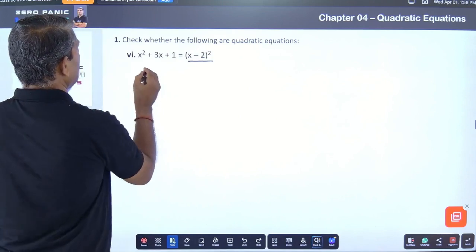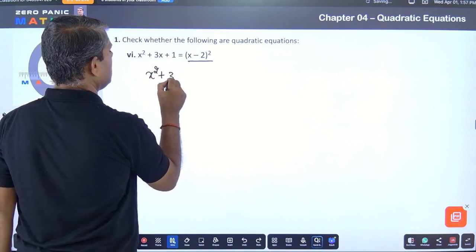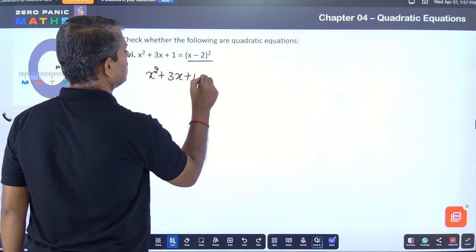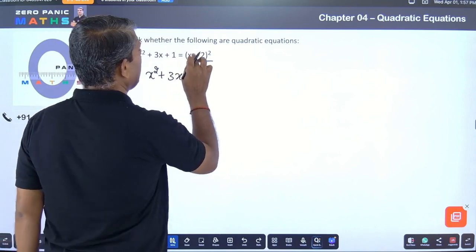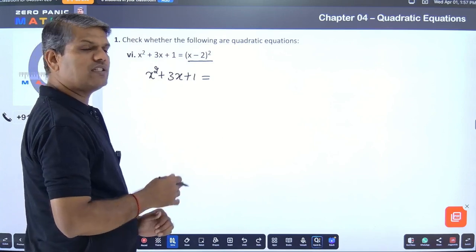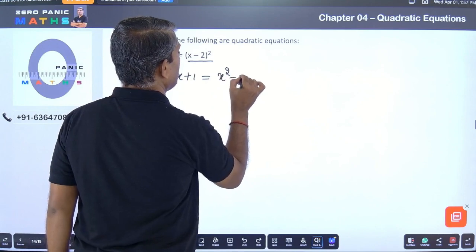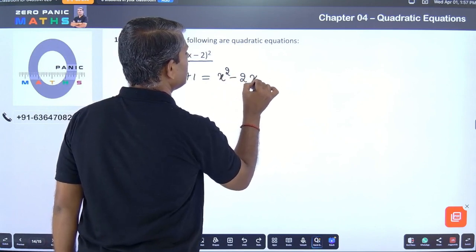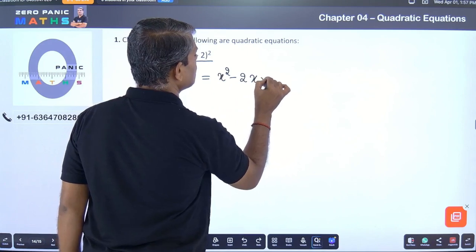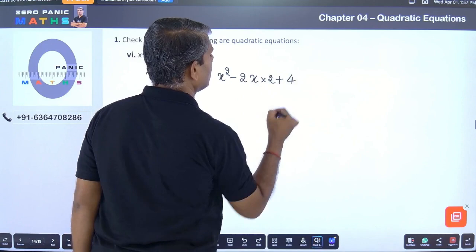Now see, x square plus 3x plus 1. Quickly resolve this also. What is a minus b whole square? A square minus 2ab plus b square, right? A square, which is x square, minus 2ab, where a is x and b is 2, plus b square, that is